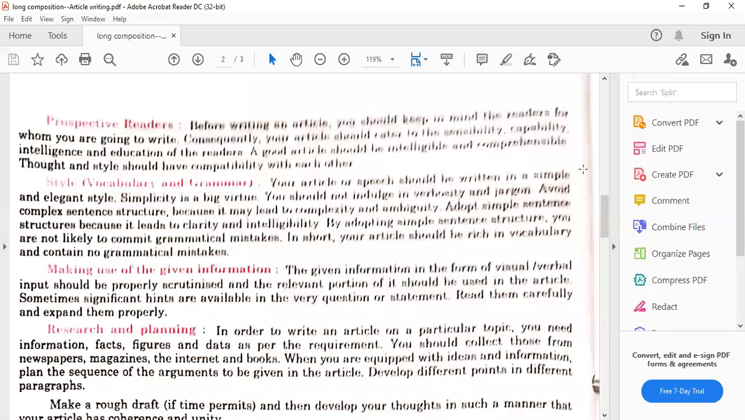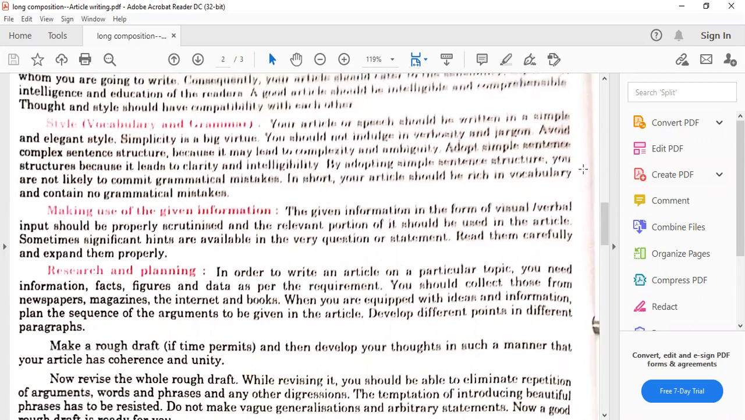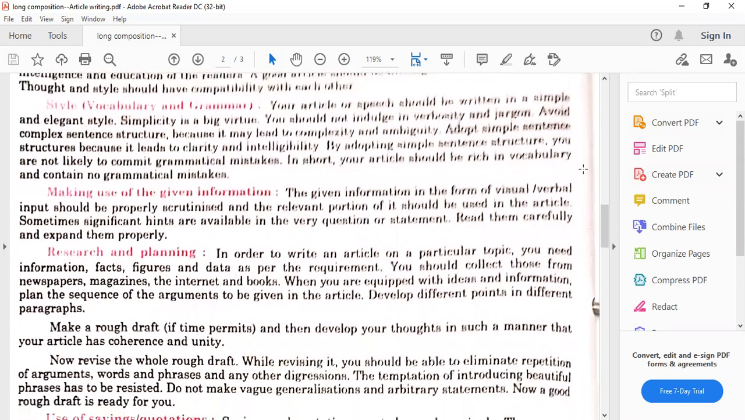In short, your article should be rich in vocabulary and contain no grammatical mistakes. Grammar का ध्यान रखना है. The board has not added grammar in 12th class. Whatever you have to learn, that is given to you up to 11th class. But they feel that you are perfect now in the grammar. So there should not be any grammatical mistake: tenses, vocabulary, subject verb agreement, everything should be taken care of when you